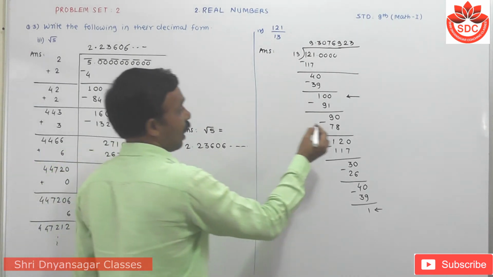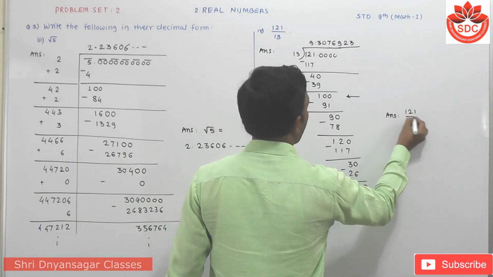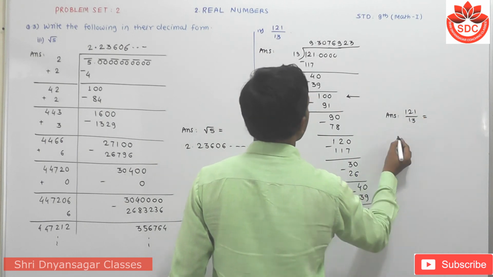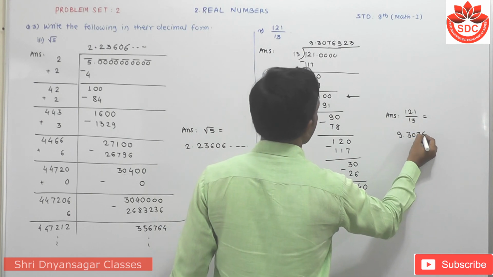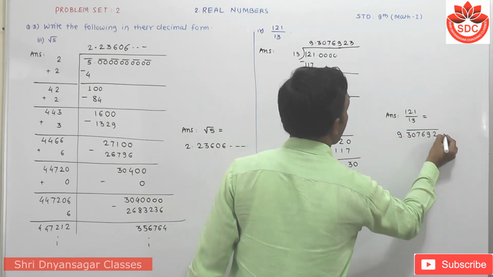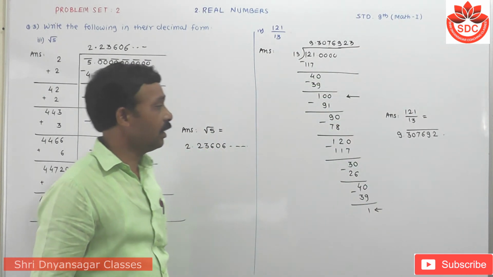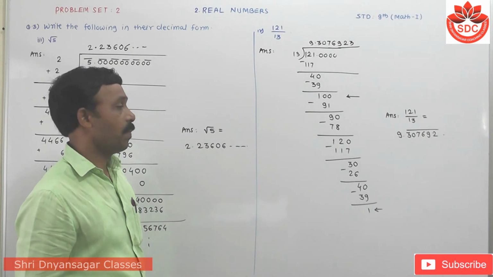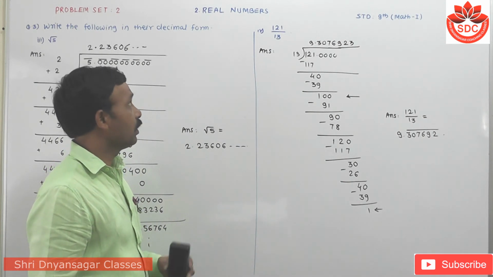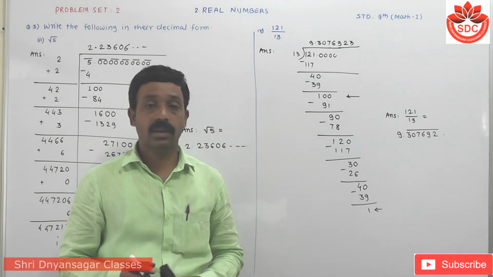Means that the answer of this question, 121 upon 13, is equal to 9.307692 recurring. Look carefully, this 3 means that the next digits are again 07692 etc. Now this is the decimal form. One sub question is remaining here, you have to solve it